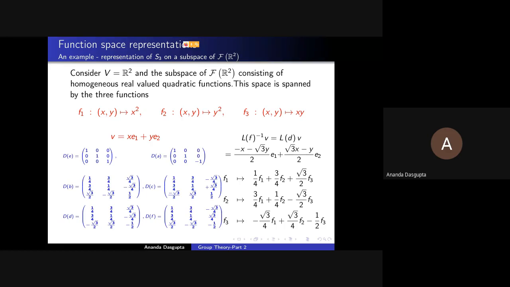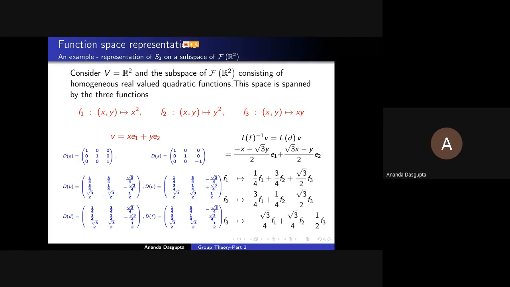Well, how many independent cubics do you have? Remember, it's in 2 dimensions. R2 is still R2. So x cube and y cube. What else do you have? What other cubics? x square y and x y square. That's it. So 4. So we get 4 by 4 matrices. Okay, another representation by 6 4 by 4 matrices.